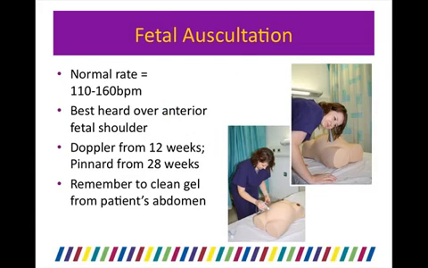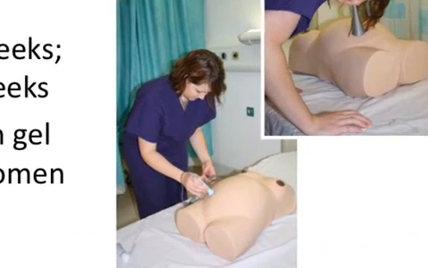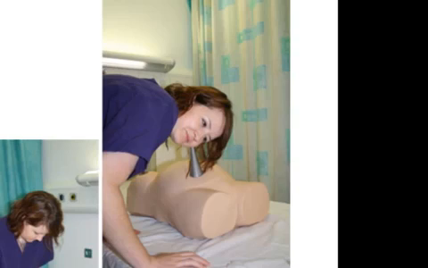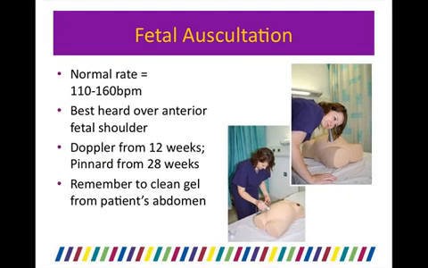The normal fetal heart is between 110 and 160 beats per minute. It is best heard over the anterior fetal shoulder. In routine practice, Doppler can be used from 12 weeks to detect a fetal heart and a Pinard stethoscope from 28 weeks. If you're using a Pinard stethoscope,